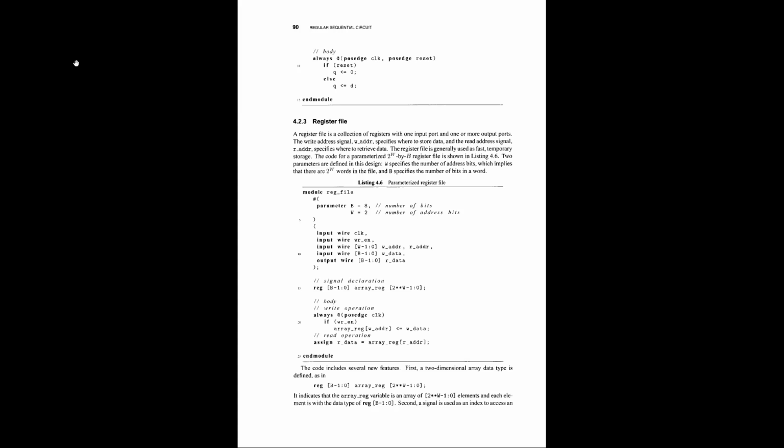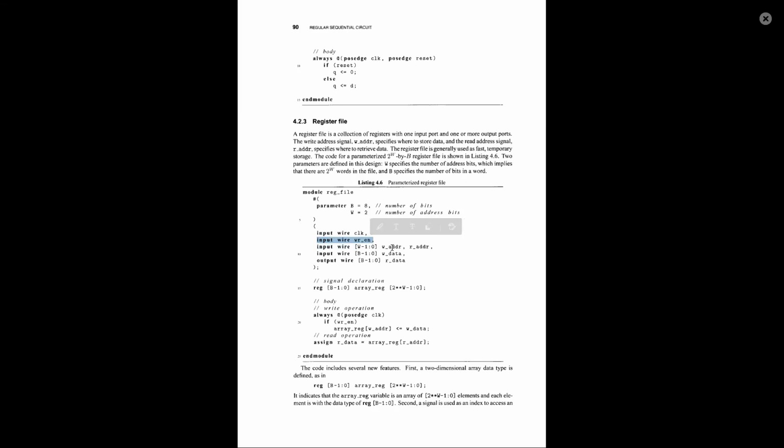It would definitely need a control signal, which defines whether we want to write into the memory or read from the memory. So that input is basically a control signal.